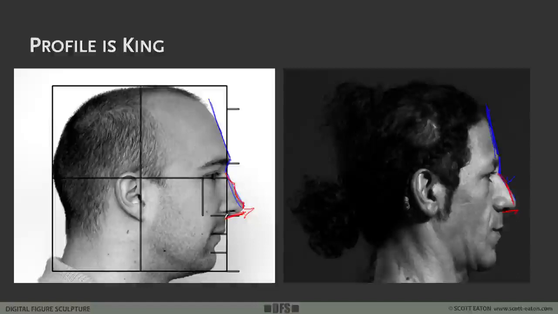The upper lip, does it bow out or does it go vertically down? This one has a little extra gesture here. And then what's the angle of the lower lip? All these considerations make a portrait. And then, of course, the chin. And then the angle from the chin back to the neck. How far is it, right? And this guy's